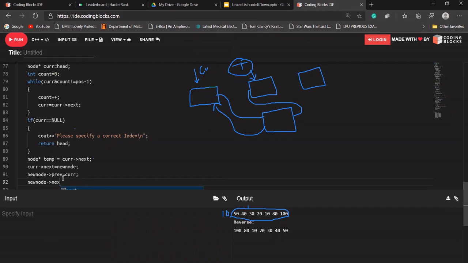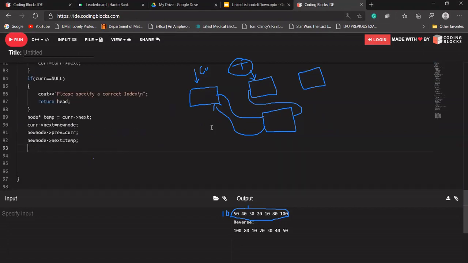And temp's previous should point to new node. Okay, is that clear with everyone? It should return head value to it.